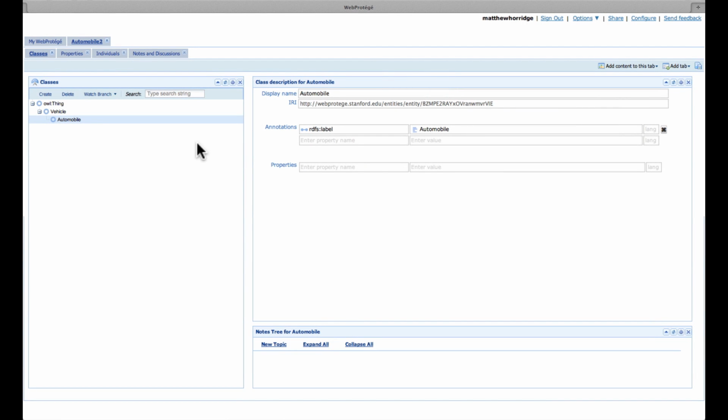In this video we're going to look at WebProtege 2.1. What you see here is a screenshot of WebProtege running in a browser, and the tab you see that's open is the tab for editing classes and descriptions of classes. And in order to demonstrate the features of WebProtege 2, I'm going to create a small ontology about cars, and